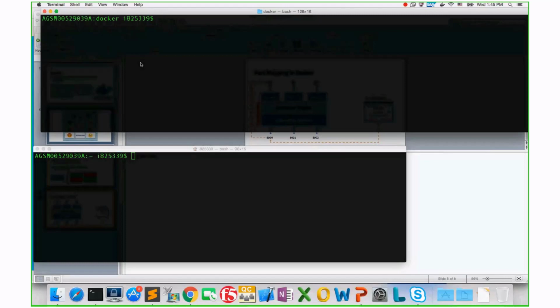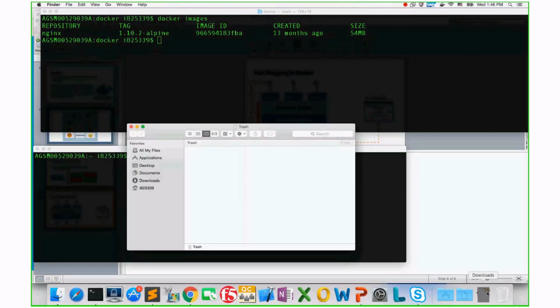Okay, so this tells me if I have any images. Right now on my MacBook Pro, I've installed the Docker engine. If you have a MacBook Pro, you can install the Docker engine. All you would have to do is download the